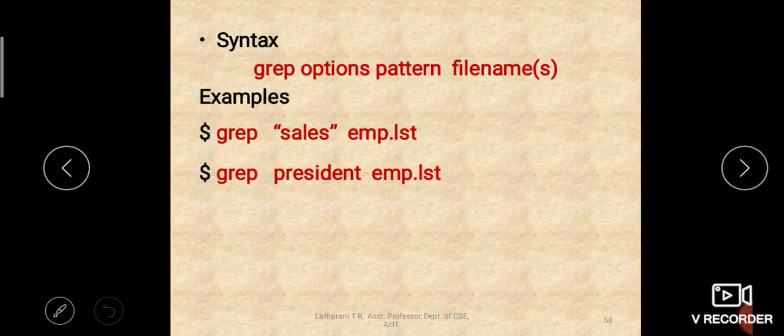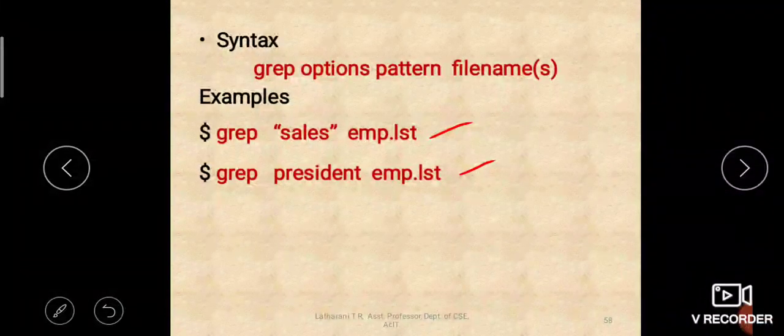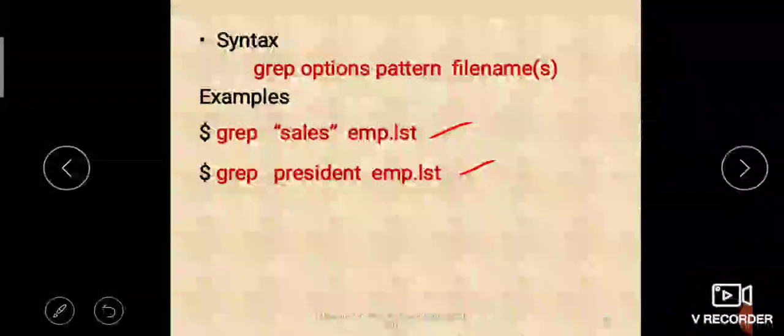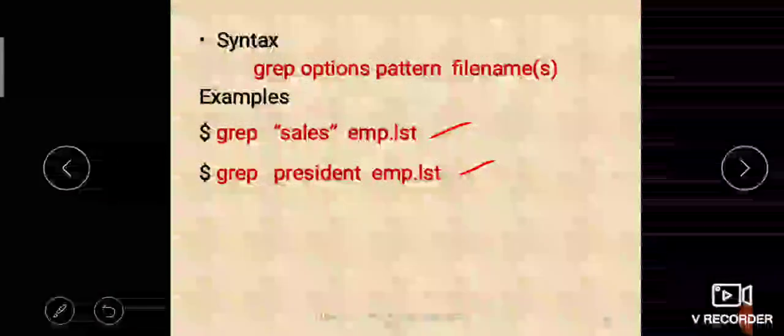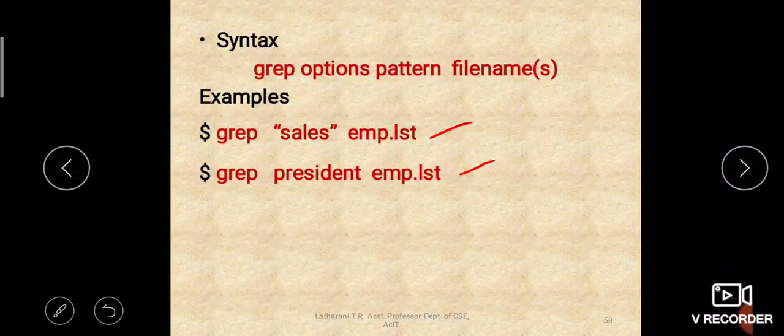Then precedent. See, here we have used quotes, here we have not used quotes. It is not mandatory to use quotes. Either you can use single quotes or double quotes, but it is not mandatory. But it is mandatory to use quotes when you use multiple words as the pattern. If you are providing multiple words, then it should be enclosed in quotes. Here it is not necessary as precedent is a single word.